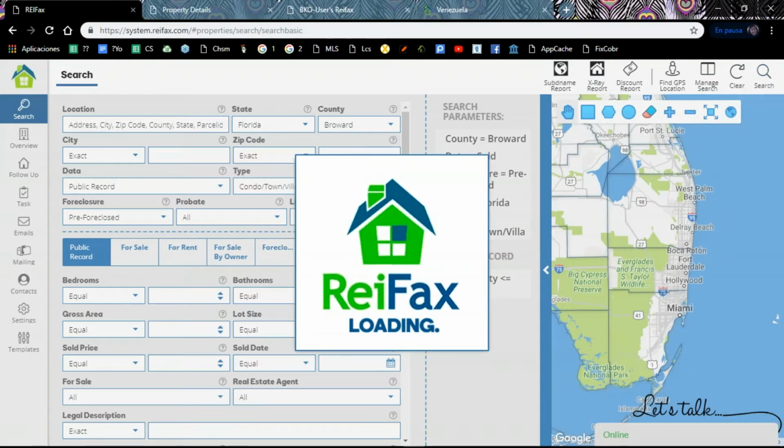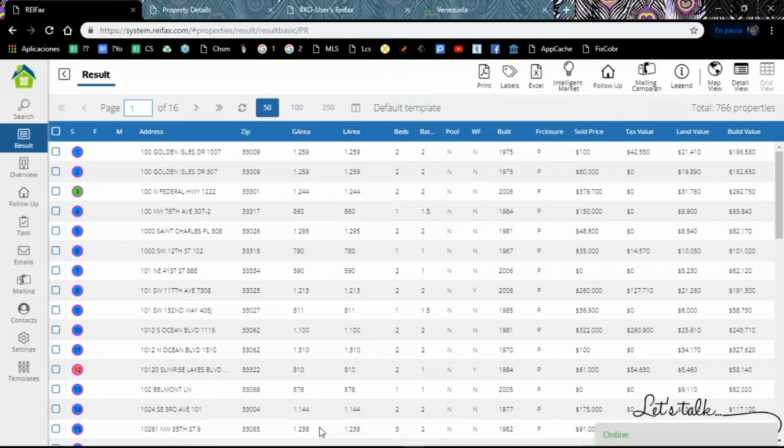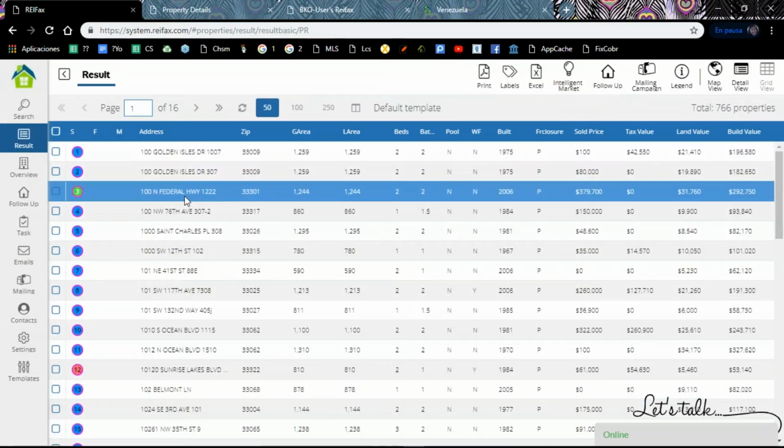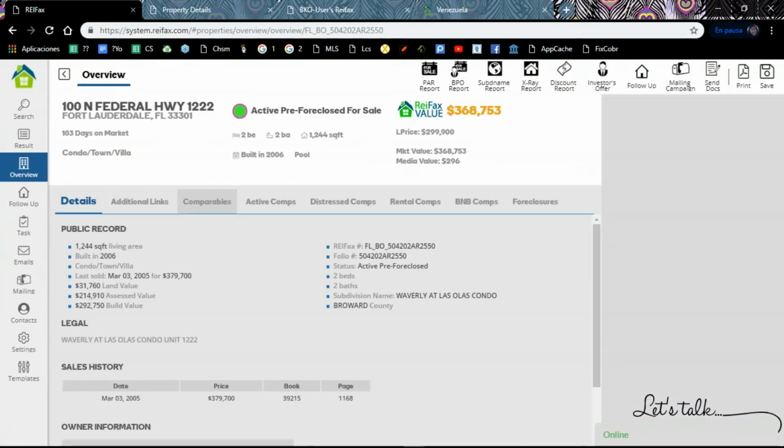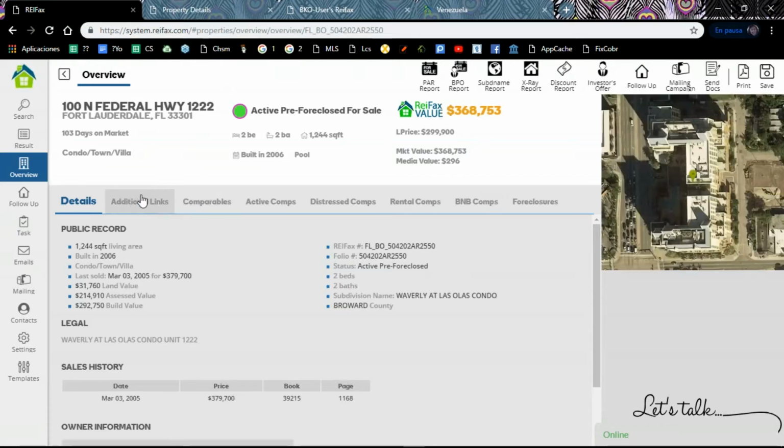Click on search again. Okay, from my results, I got out of the results before I told you what I was going to tell you there. From my results, I can go to the overview of the properties, just clicking on one of them. In the overview of the properties, I have the different tabs here where I have additional links if the property is for sale. I have comparables that I